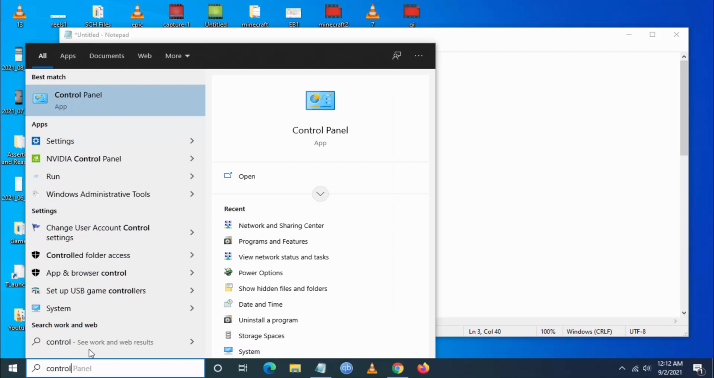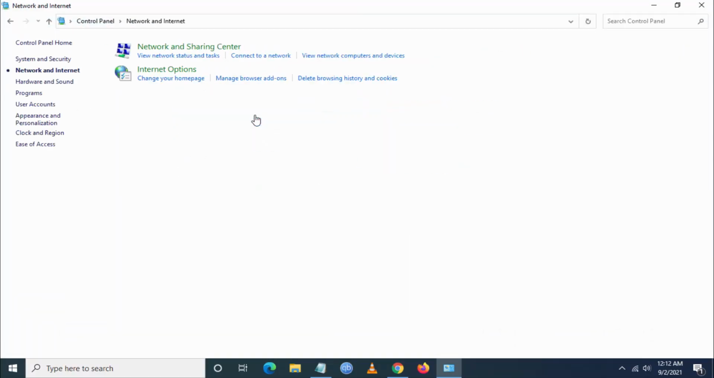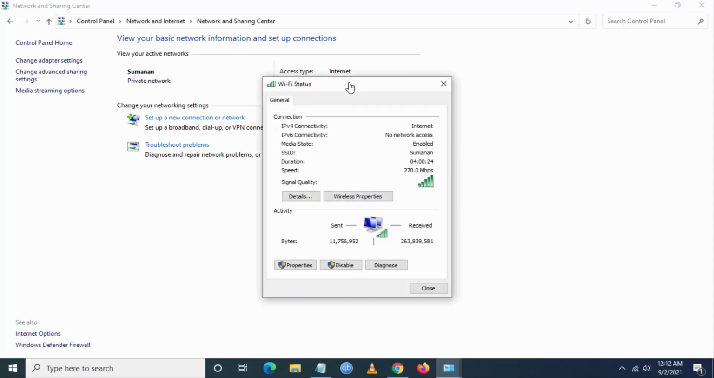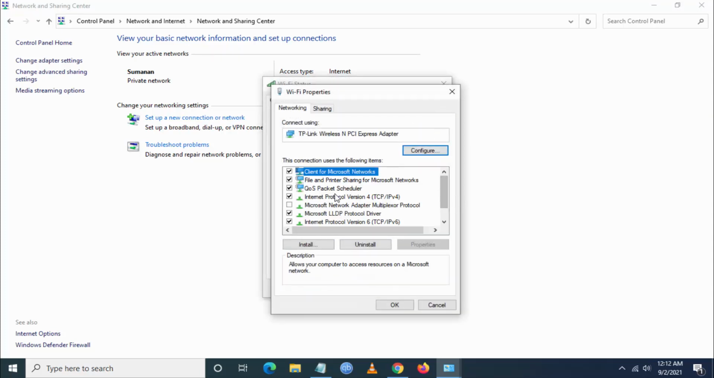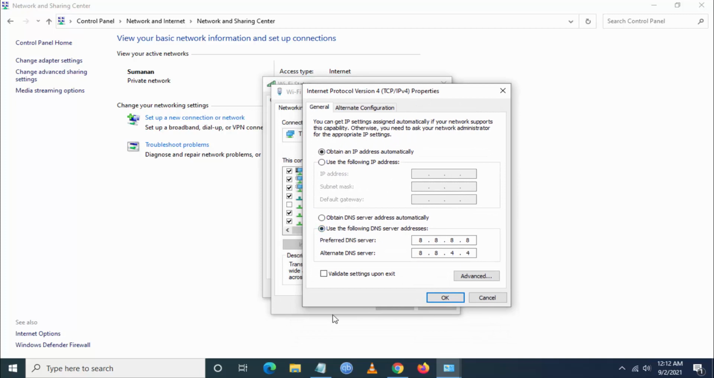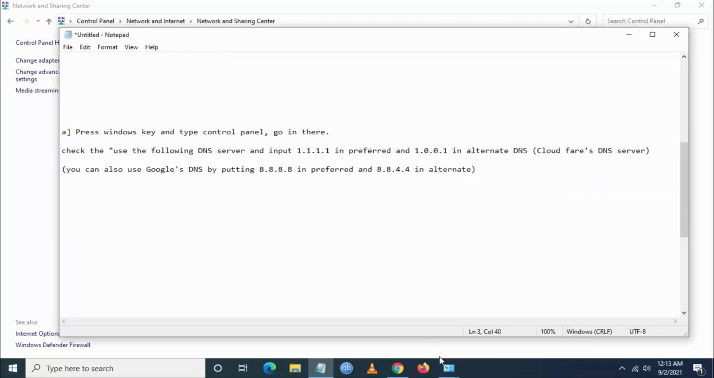To do this, you have to go to search and open Control Panel, and then go to Network and Internet. From here you have to go to Network and Sharing. From here you have to go to your internet connection, then go to Properties. Once you go here, go to Internet Protocol Version 4, then go to Properties, then go to "Use the following DNS server addresses". Here you have to enter the preferred address as